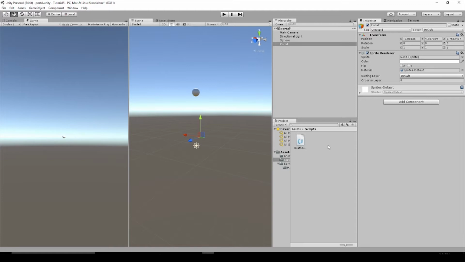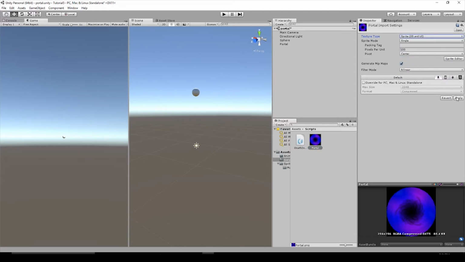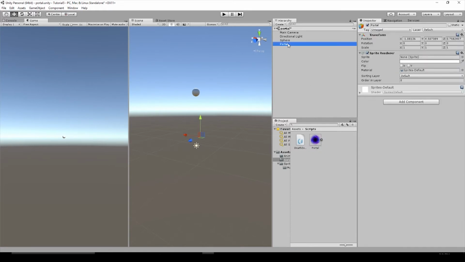But for this educational purpose, I'm just pulling an image off of Google and going to use it for my portal. I right click and drag it into my project window, click on it, change this texture type to sprite, and then hit apply. Then we can click on portal in the hierarchy, drag it into the sprite square in the inspector,